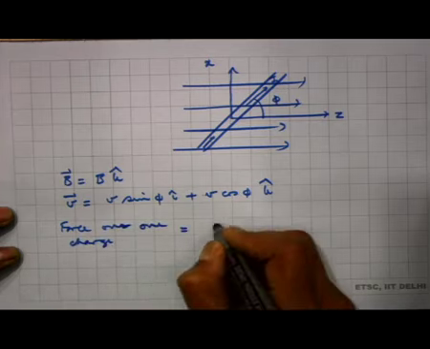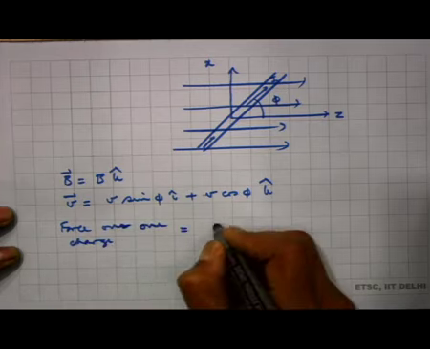k cap cross k cap is 0, and i cap cross k cap is minus j cap. So, it is minus q v B sin phi j cap. Remember, in this figure the y axis is pointing up in the plane because of the right handed system x, y, z, and the force is in the downward direction, as you can see here. v cross B must be downward, so it is minus j cap direction. So, that is the force on each and every individual charge passing through the wire,